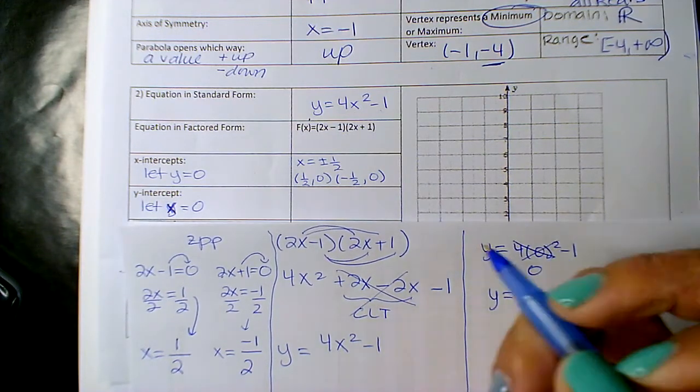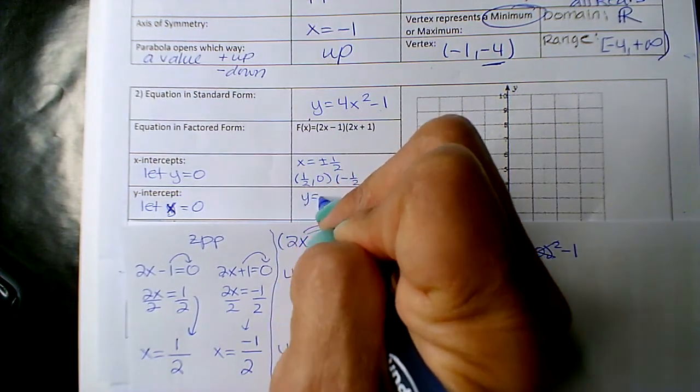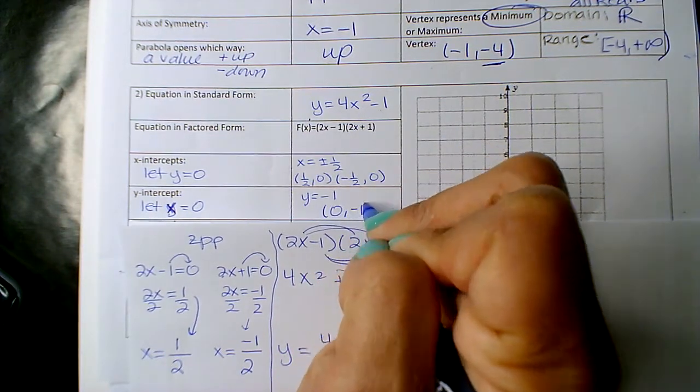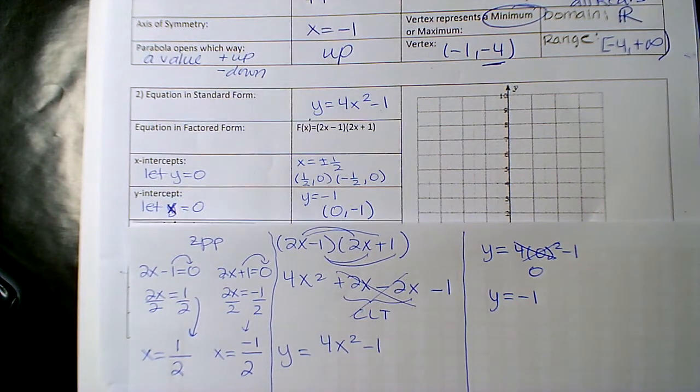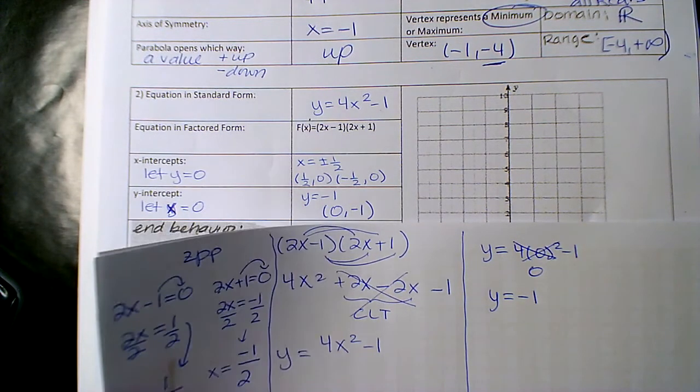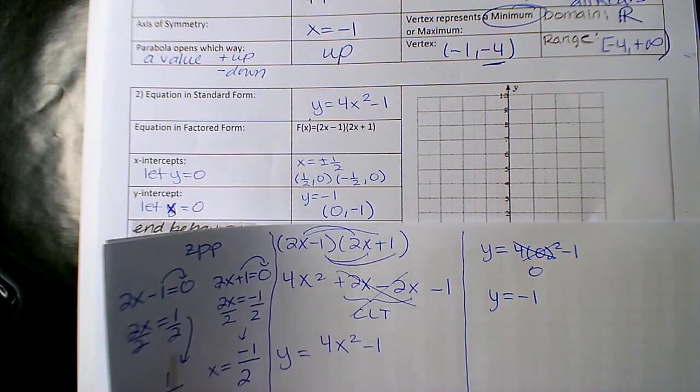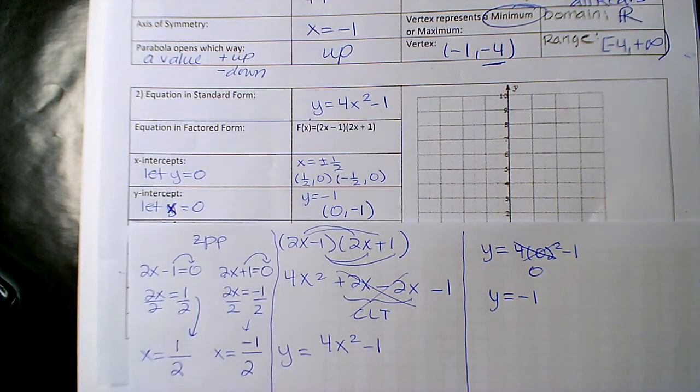And so you're just left with that -1, or you can write the points. Okay, I'll pause it there, and then we can, because then you're getting into vertex, axes of symmetry, concavity,